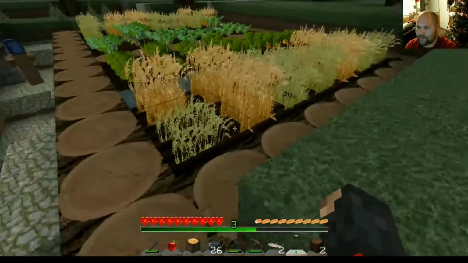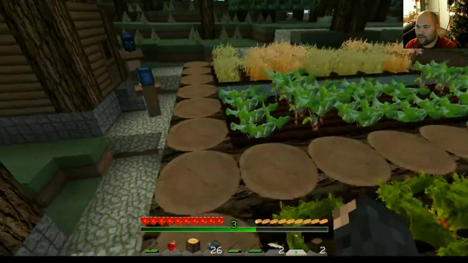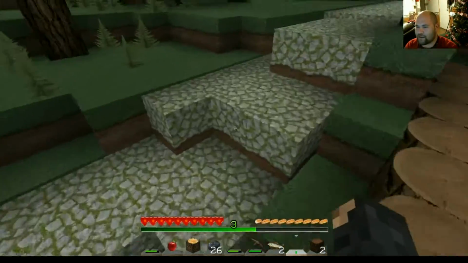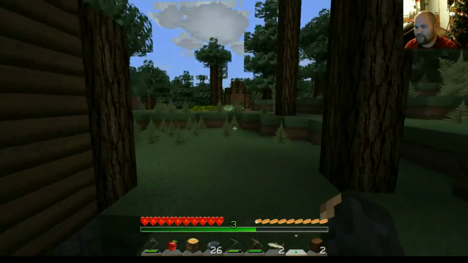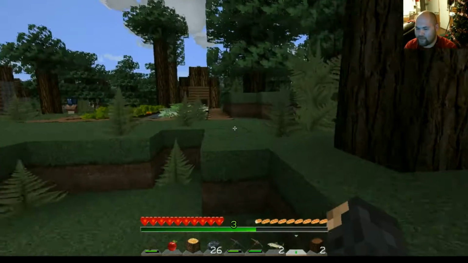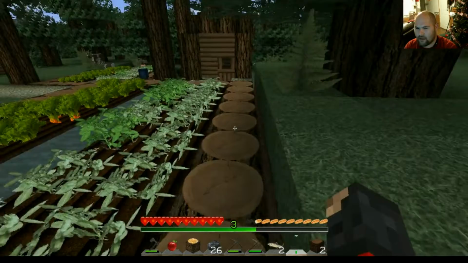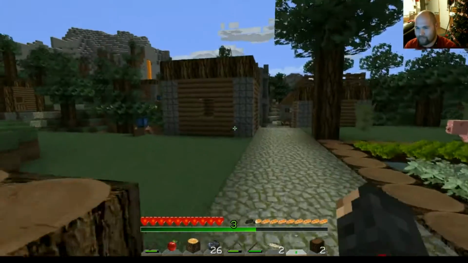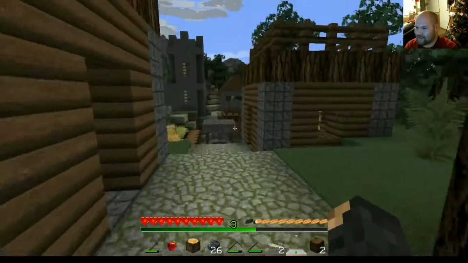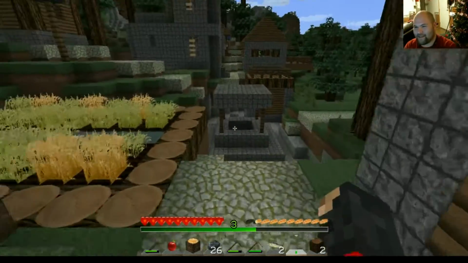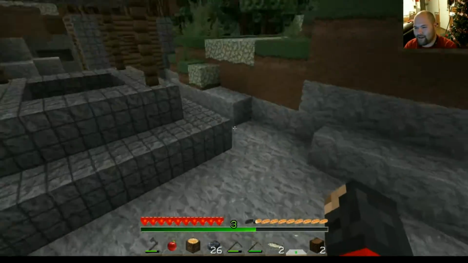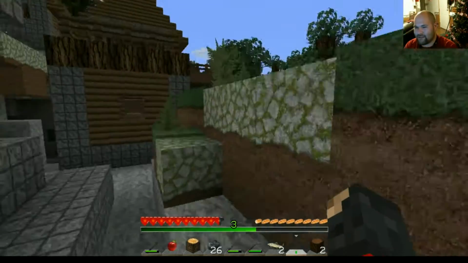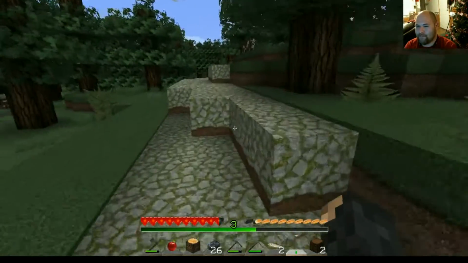But anyway, while we're still, we're just going to let this stuff grow. We're going to let the vegetables and all the crops grow first before we try and harvest them, even though we will need food eventually. But, cool. Well, actually, that knocks out a lot of the stuff that I was planning on doing for this episode. I honestly wasn't planning on encountering a village quite so easily,